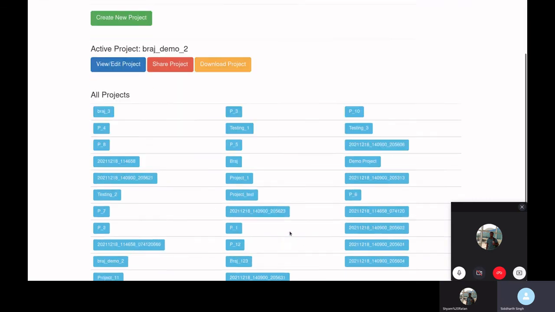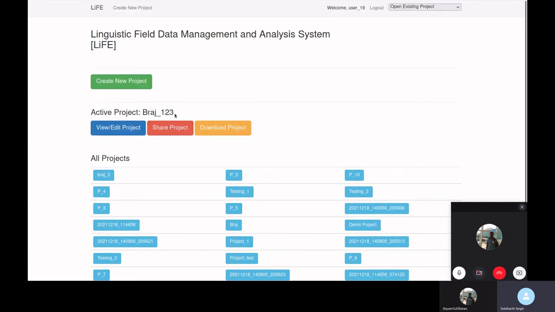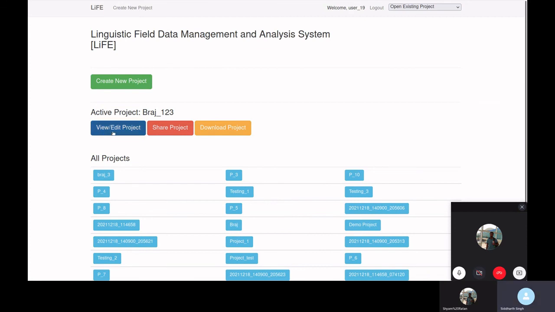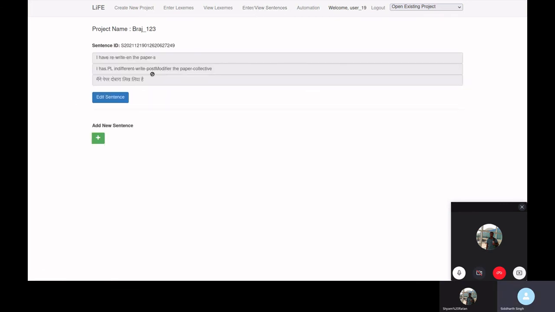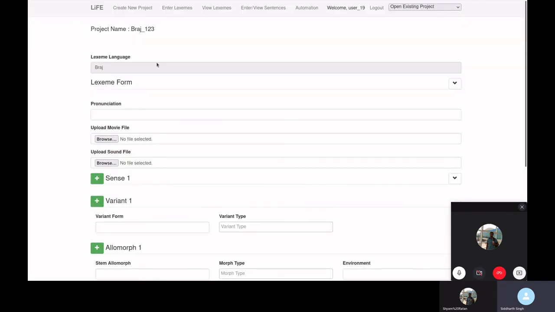If you want to see a project, you just have to click on it, and the active project will change to the project which you want to access. And when you go to view and edit, the same details will be shown here for user 19 as well, and he can also add, view and download the different parts of the project.